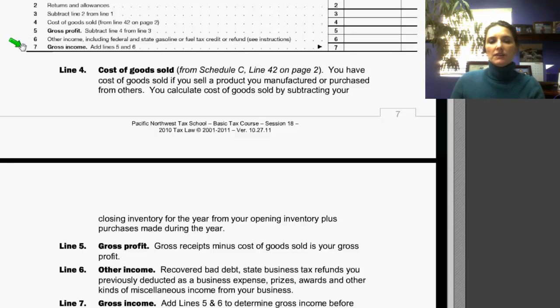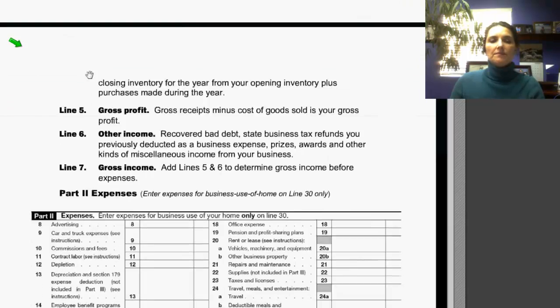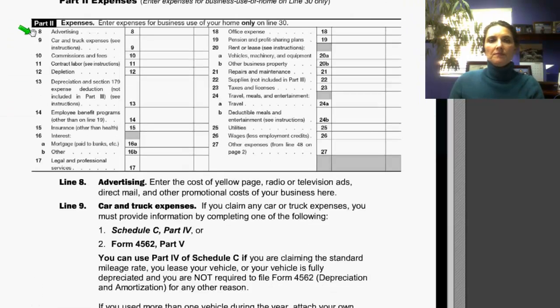Then on line 7, you add lines 5 and 6 to determine your gross income before any expenses. And here we are into Part 2 of the form. A key point to remember about Part 2 is nowhere in Part 2 will you ever enter office use of home expenses. Those are specifically reserved as to not be reported in this section. They are reported first on Form 8829. So if you have any expenses relating to office use of a home, do not include them in Part 2